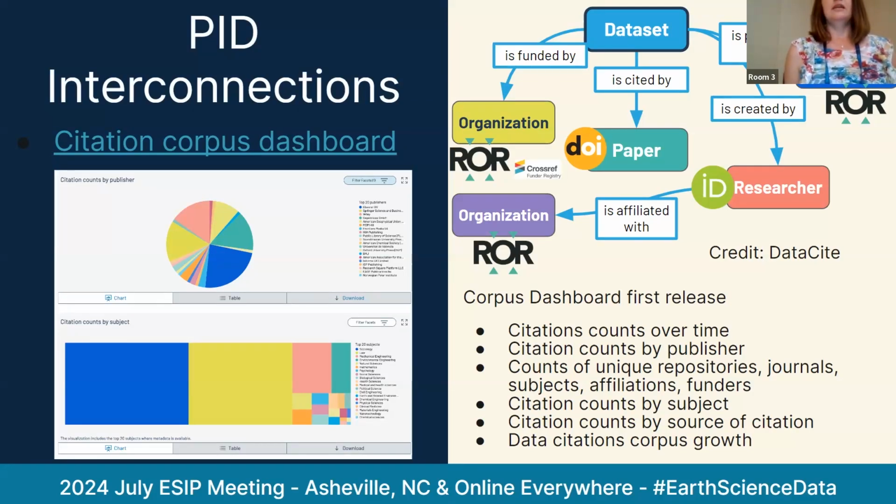And so the diagram up at the upper right is a nice one that comes from DataCite, where they highlight some of the relationships that they offer in their metadata. So to the journal papers or to the organizations and the researchers. And the organizations show up in different ways, both affiliated to the organizations, but also the publishers and the funders. And then the Data Citation Corpus,